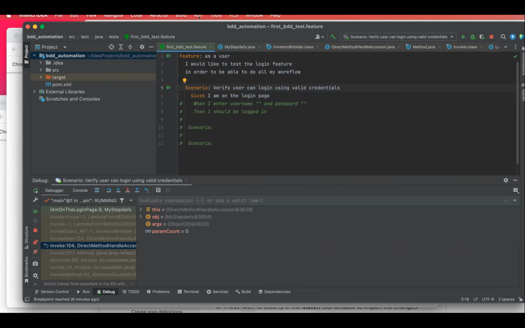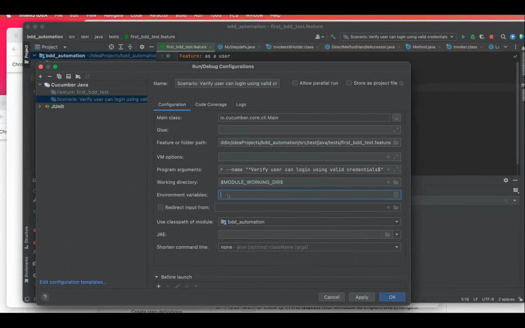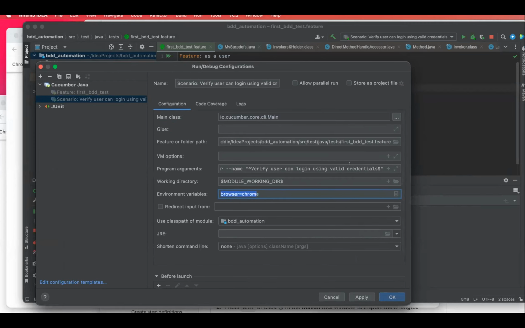But yes, we can still configure it if we click on run and edit configuration. And you have this window, you can say that I want to run with something, and this is where the environment variable is. You can say browser is equal to Chrome, and now it will run with Chrome, for example. But then this has to be configured on your framework level too, because right now, if you say browser is equal to Chrome, it has no knowledge of this. The framework doesn't know what you mean by browser is equal to Chrome